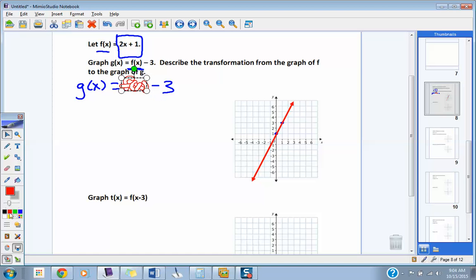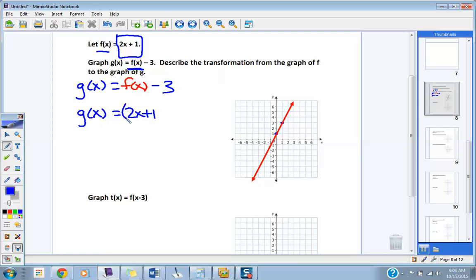Anything you choose to substitute for f of x. What was f of x equal to in the beginning? 2x plus 1. So where I have the f of x right here, I can replace that with 2x plus 1. So realistically, g of x is equal to this function f of x, which is 2x plus